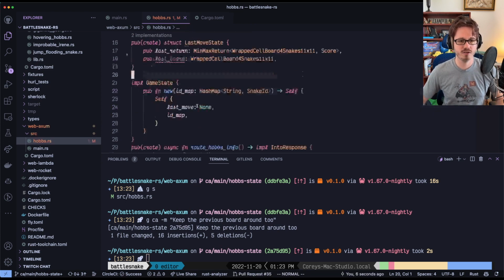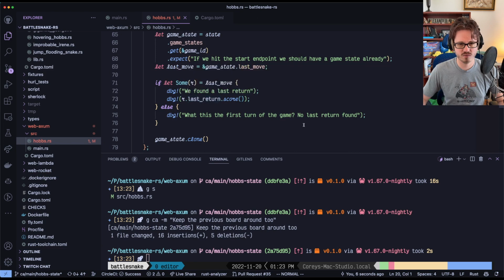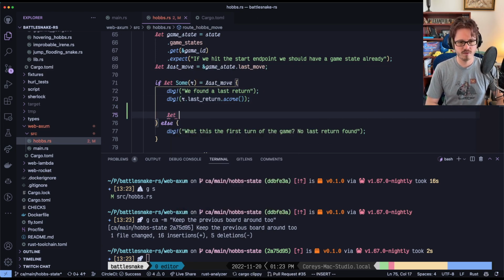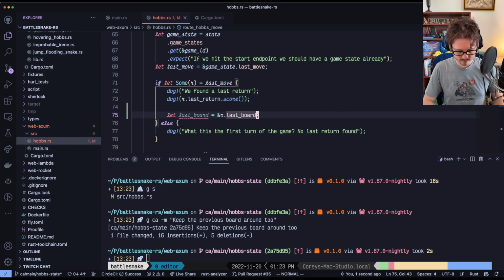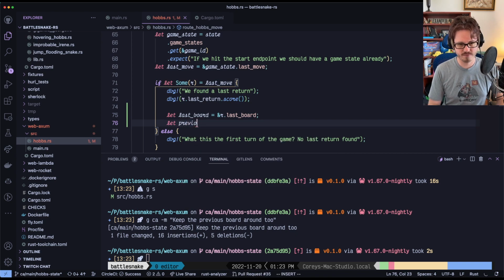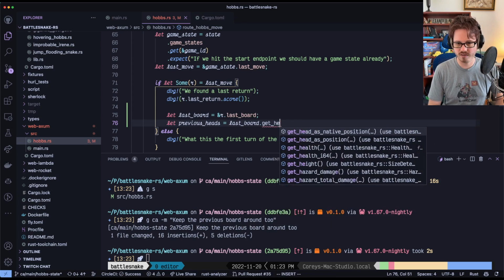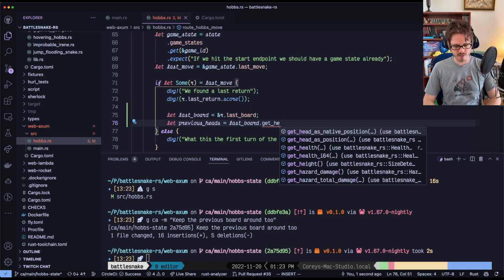We don't want to allow dead code anymore. So now let's start using it. So here is where we have the thing. We can get the last return. We can also get the last board. Yep. So then let previous heads equal last board dot, no, but it's like dot get all, get heads, get head. Oh, I only have head as. Okay, so what I want to do is